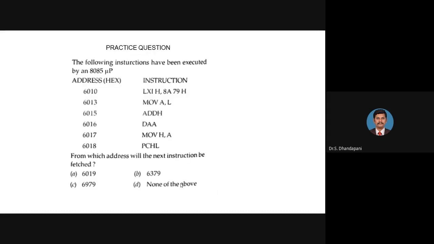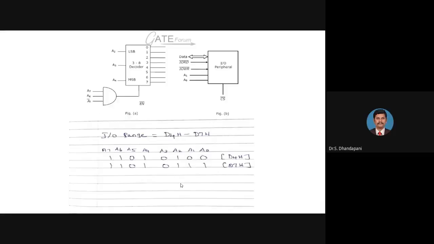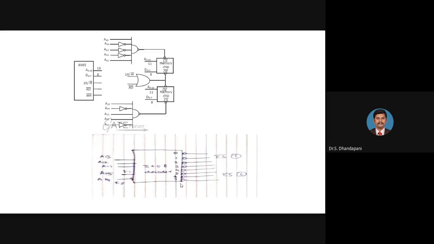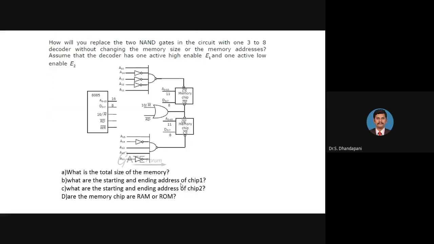The microprocessor part, since one of the participants has a doubt in one particular question, I am explaining that once again. So those who have a doubt in that particular question can stay in the meeting. For others, let us formally close the meeting now. Let us go back to the previous question. One of the participants is having a doubt in this particular question, so I am explaining this again. Only those who need clarification can stay in the meeting. For others, it is optional. If you want, you can leave the meeting. So I am explaining this question once again.